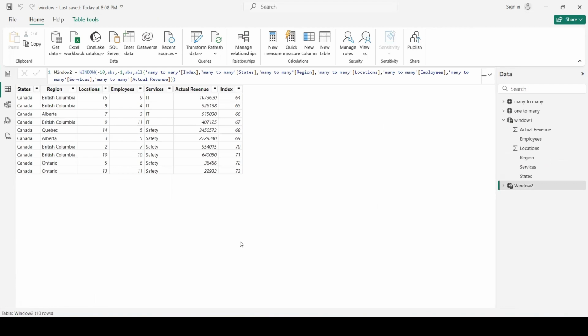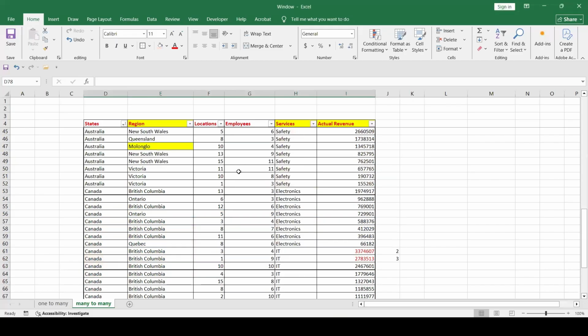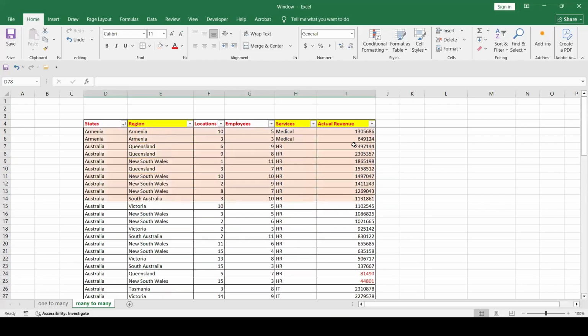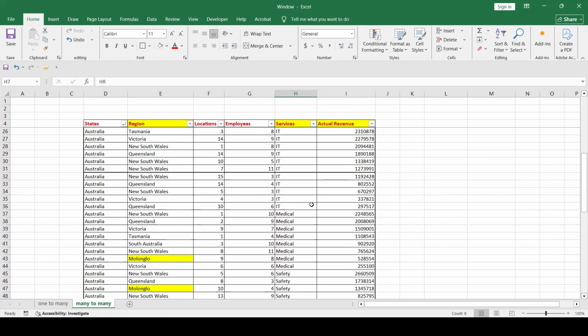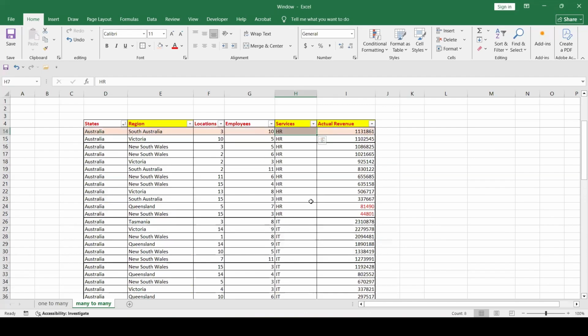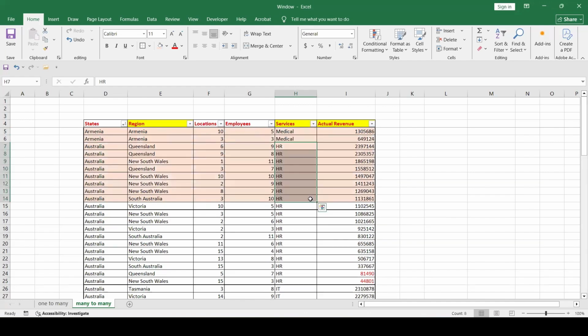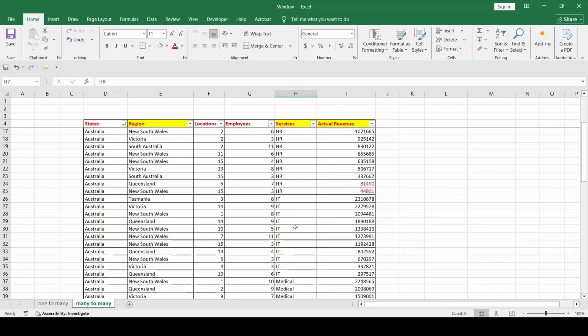And what about now the top 3 highest revenues from each service category? So similarly to the first scenario, we will do kind of the same thing, but a little bit different, with the same results.